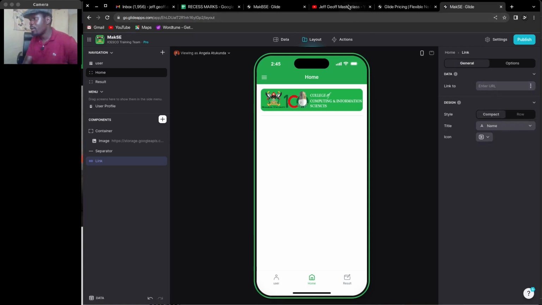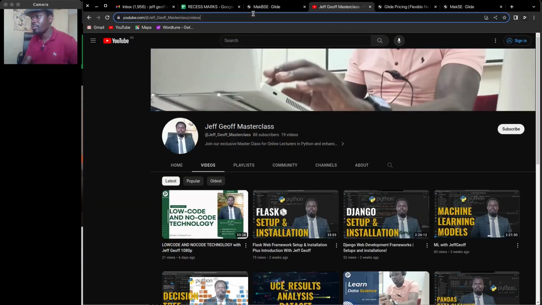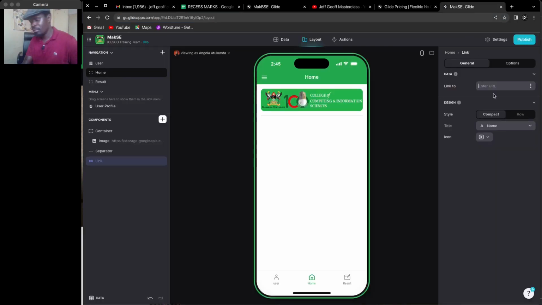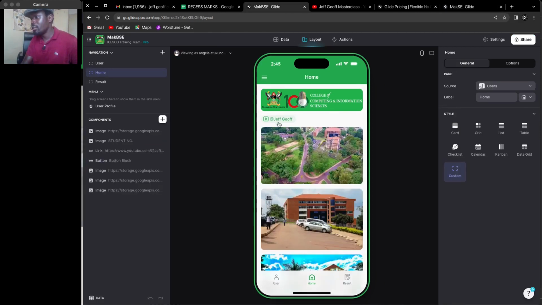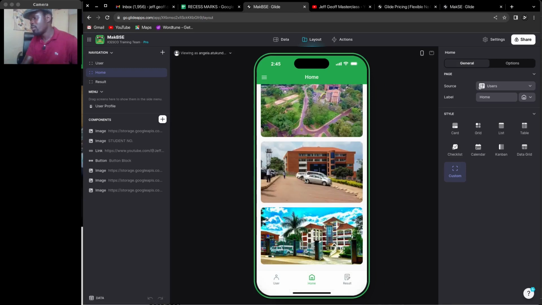The URL, we can pick up this URL. Then the name, we could make it custom. Then add Jeff Joff, which is the same as what we did here. Then you can just put these images. Basically,